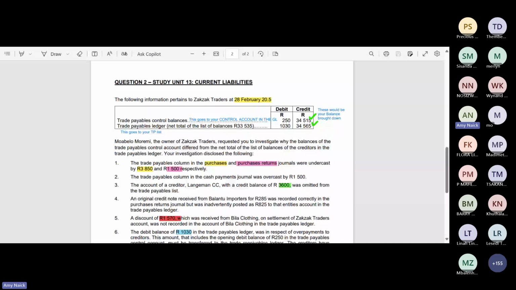So you need to transfer this balance as your opening balance, if you want to call it, to that ledger account. And then the debit that you bring through is 250,000. Then the same from a ledger perspective. So the list that you start with is a 34,000 Rand credit and a 1,000 Rand debit. So if we go back to the solution,